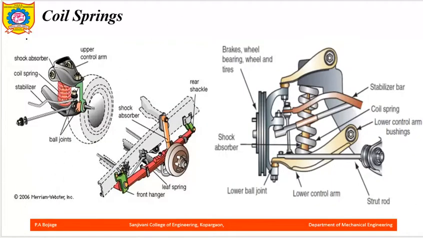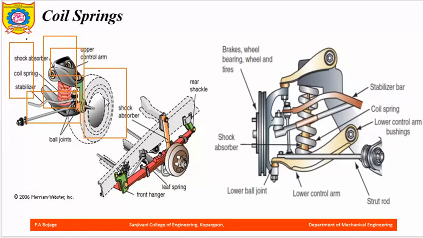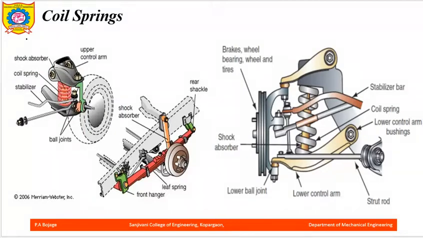So in this diagram you can observe the application of springs here. To the wheels it is attached with this upper control arm and the axles. So it is attached in this way, and in this diagram also you can clearly observe these springs are placed or directly attached to the wheels between this upper arm and the lower control arm to absorb the shocks, and it is widely used in cars and other automobiles.